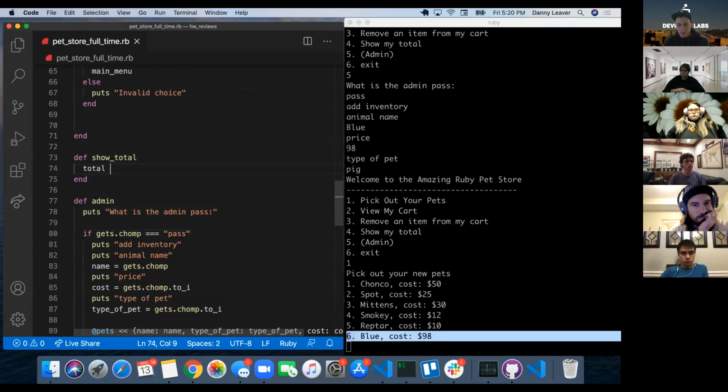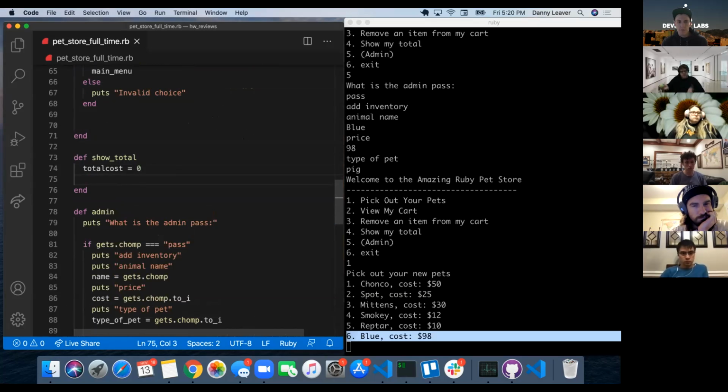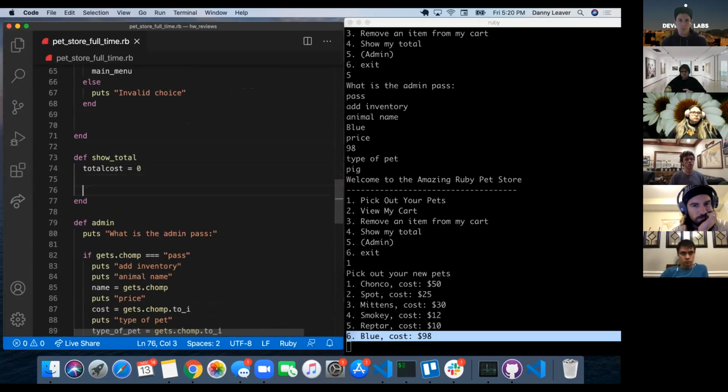You can set up total cost equals 0. We can just define a variable and set it to 0, and then we can take the cart and we can do